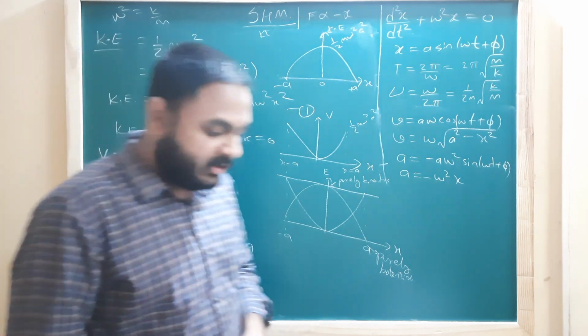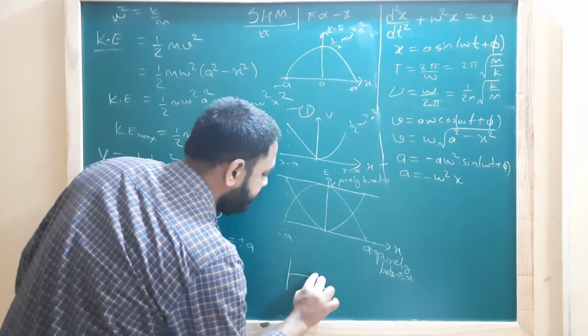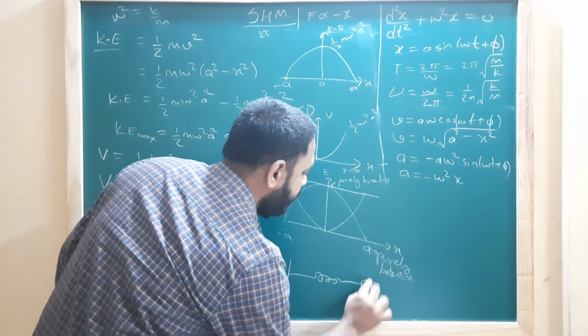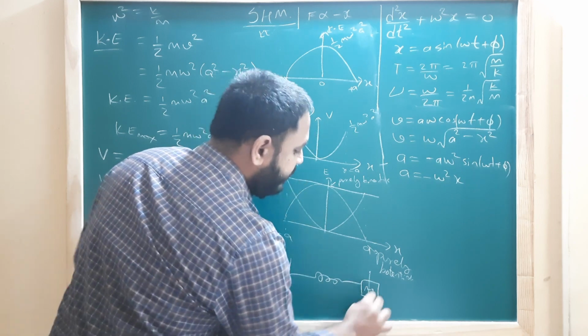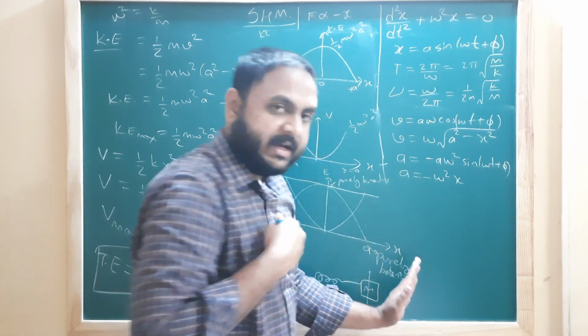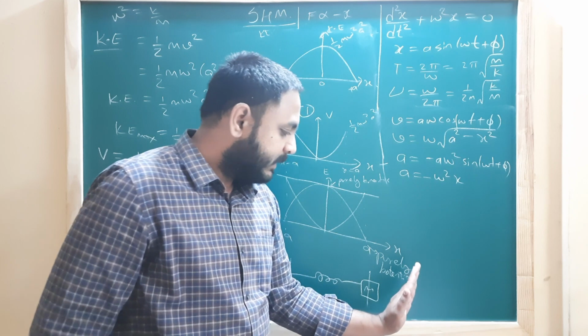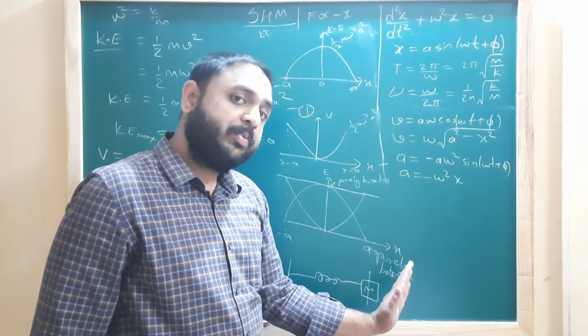Okay. So basically what is happening? This is my system. I'll draw it here. From here I displaced it. I displace the spring to one extreme. This energy I have given. Externally we give this energy. Whatever energy I gave it, now that energy has been converted into potential energy.